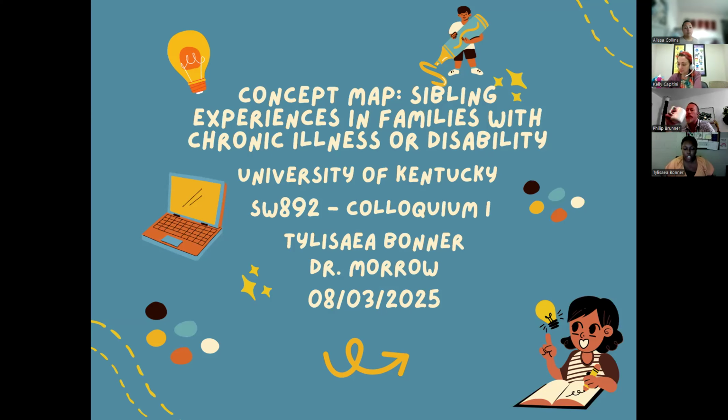My capstone project centers on a population often left out of clinical focus, siblings of children with chronic illness or disability. These individuals, sometimes referred to as glass children, often experience emotional neglect, role confusion, guilt, and suppressed needs due to families' emphasis on the ill child. Despite growing recognition of family systems in clinical care, there's still a significant gap in services tailored for these siblings. My work seeks to uncover, define, and address their unique emotional and relational needs.